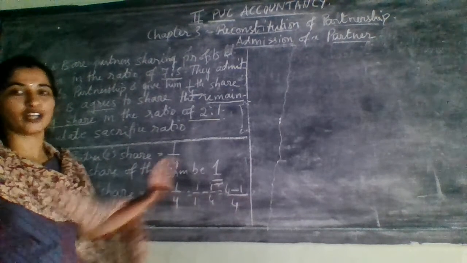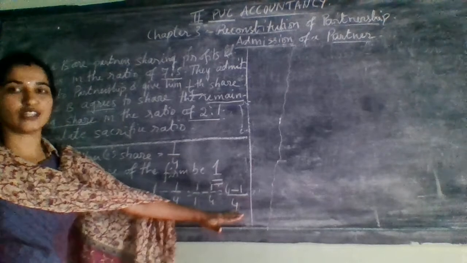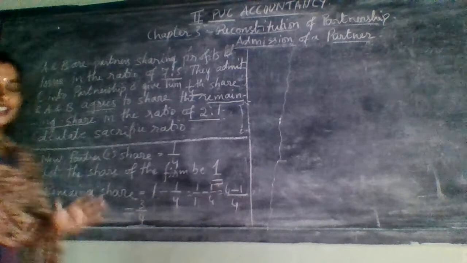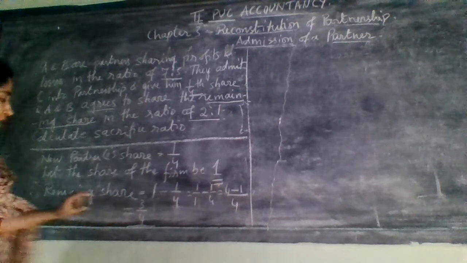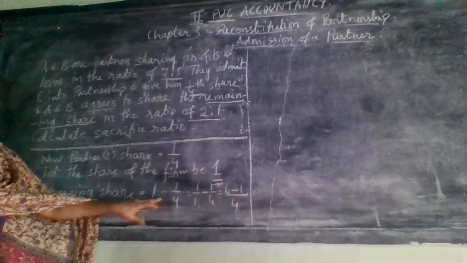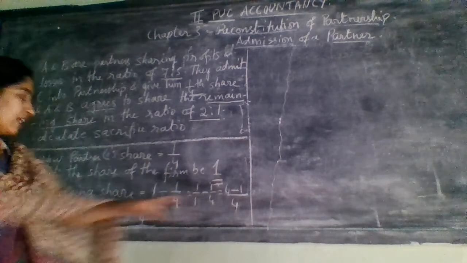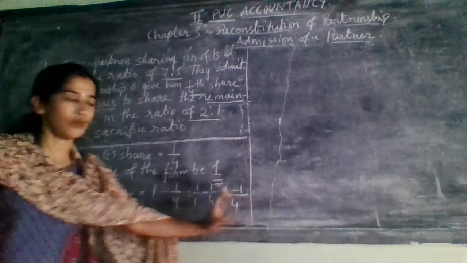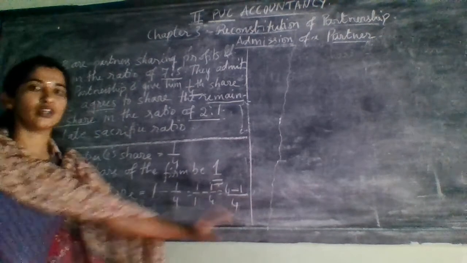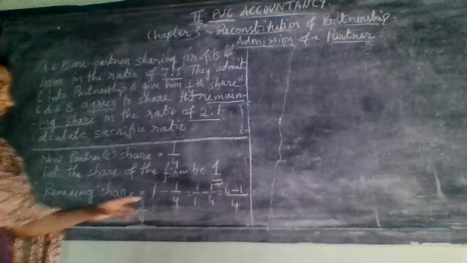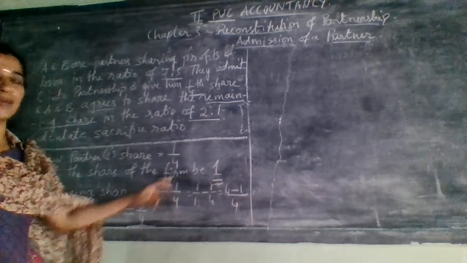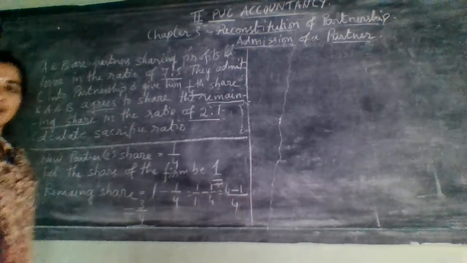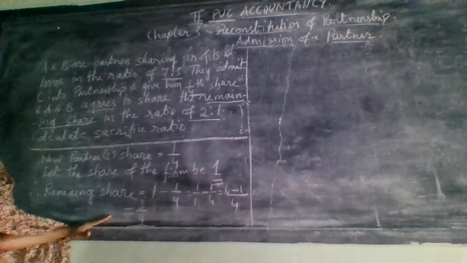So that is a shortcut method. Actually it is not according to the rule, but according to the rule you need to follow the earlier method. The shortcut is just to save your time, because they will ask only for the remaining share. If you have written 1 minus 1 by 4, you can directly write 3 by 4 also. But the method is like this. If they have given 1 by 8, then 8 minus 1 will come 7 by 8. That is the remaining share. Okay, understood now?